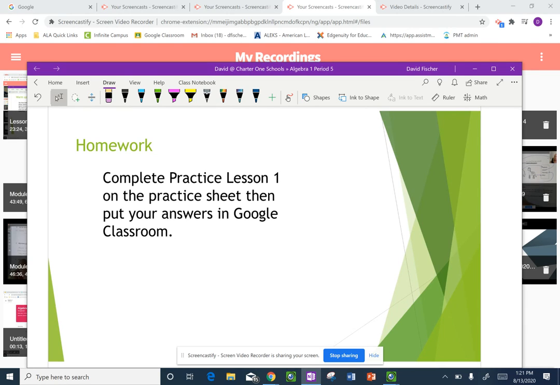My kids in class will have that sheet that I'll hand out to them right about now. You hopefully printed it off, and then you people that are online at home, and actually the people in class are going to do this too. They're going to go to their Google Classroom, and if you go to the Google Forms, we'll see how this works. This will be our first lesson. After you're done with the practice sheet, open the Google Form document, and put your answers in. And hopefully I got these signs right and everything on there that it will self-correct and send me a note